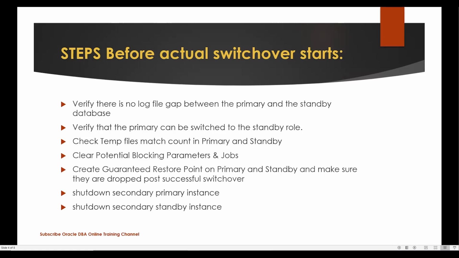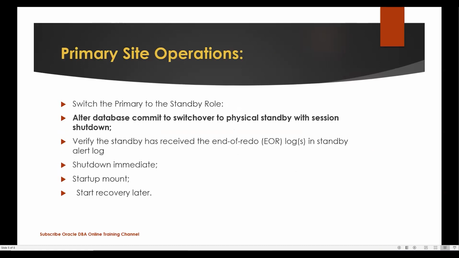There will be a one-to-one mapping between your primary and your standby instance, so only one instance would be active on both sides. These are the high level steps, and during our practical session in this tutorial itself, we will look at how you can do these things.